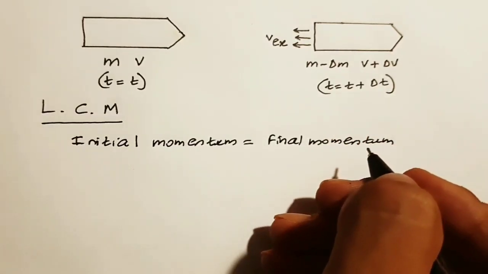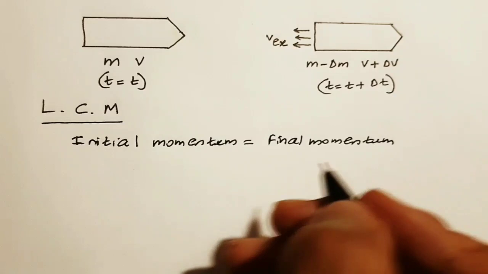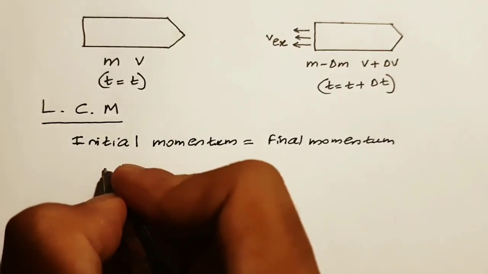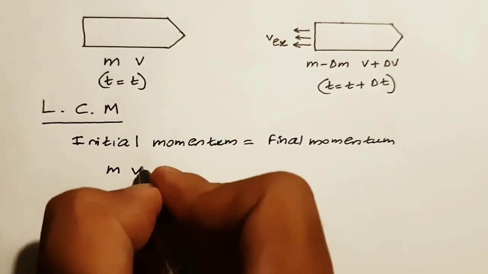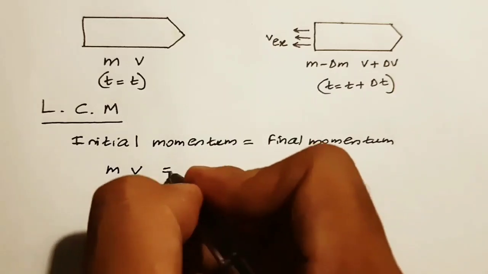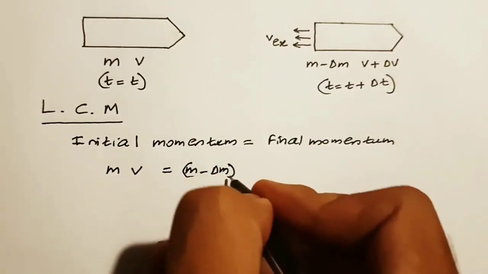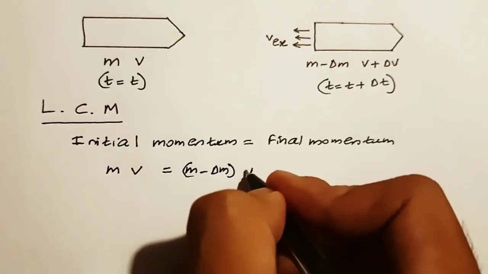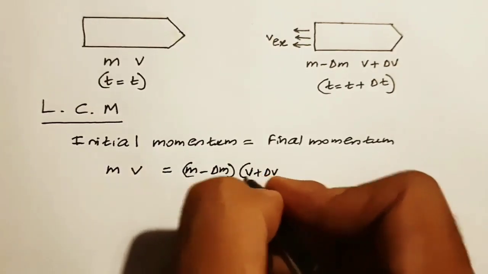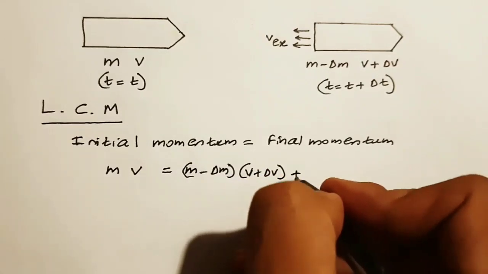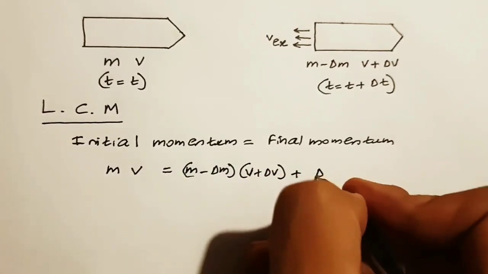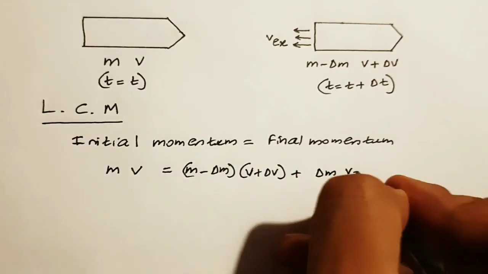Now let us simplify it with the equations. The initial momentum is m times v. This would be equal to m minus delta m times the increased velocity v plus delta v, plus the reduced mass delta m times v minus